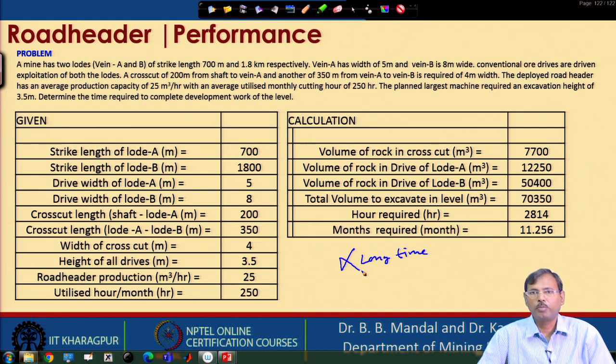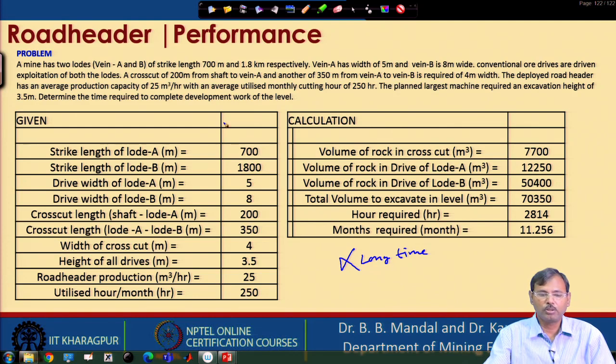Road header can be combined with the low profile dump truck, with the mine cars, with the conveyor belts, chain conveyors etc. So, that is why road header can be easily deployed in any mines without any notice. Obviously, price of road header is a little bit higher. So, a few crores rupees are required for procurement of the road header, but that is very much manageable with the mining industries, and this gives us the well acceptance of the road header as the most common equipment of the horizontal excavation in the mine.